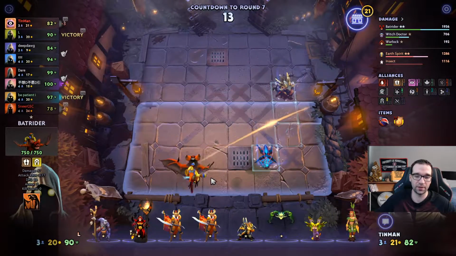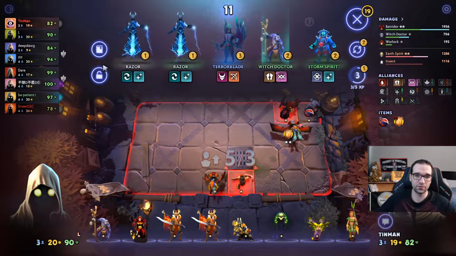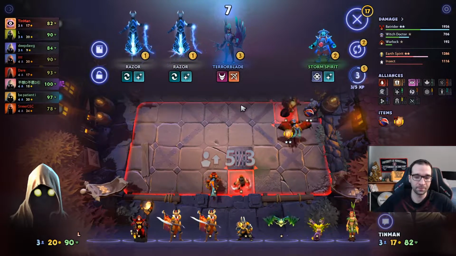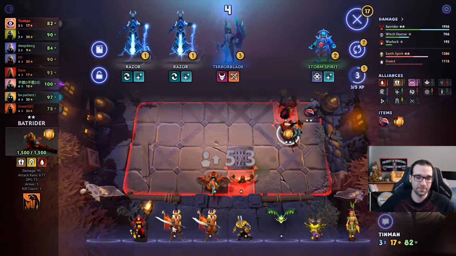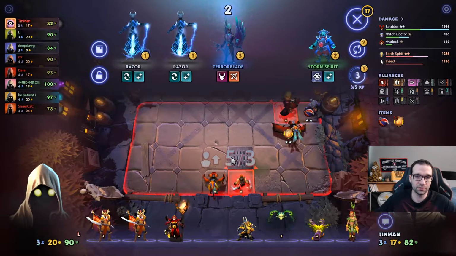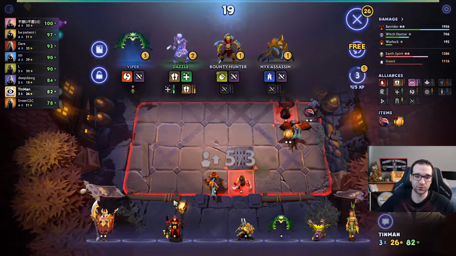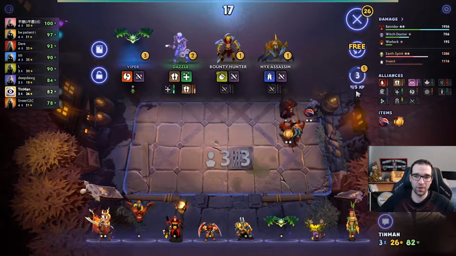Let's buy this Bat Rider, the Bloodseeker, use the free reroll. We do find the Witch Doctor. That guy's a good one. And still no other like Druid that I really want to go for. There's the 2-star Legion. That's really good. So I think with that,